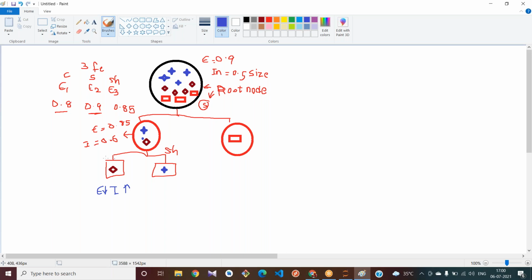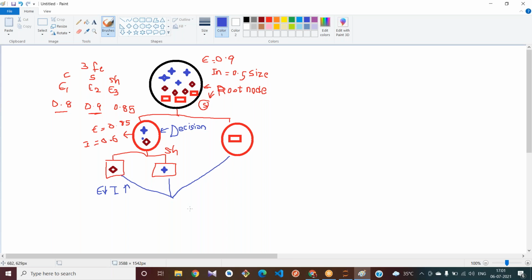This node where you take a decision and split your tree again can be called a decision node. And what are these nodes called? These three nodes where the splitting is not continued, this is the end of your tree.